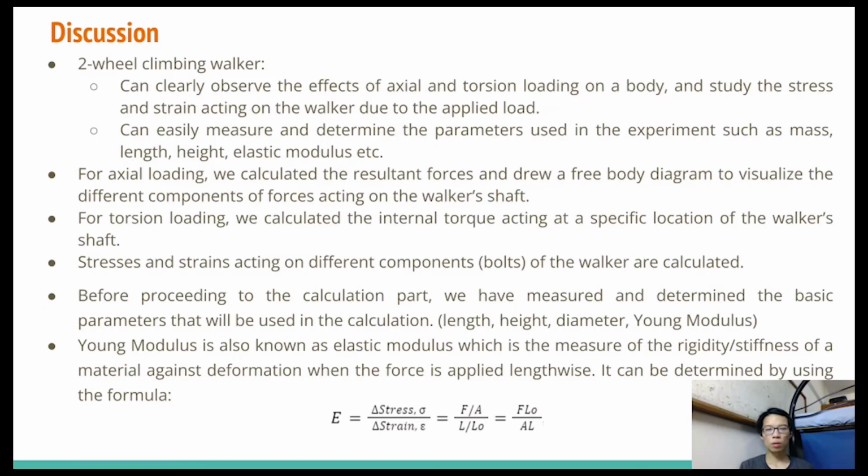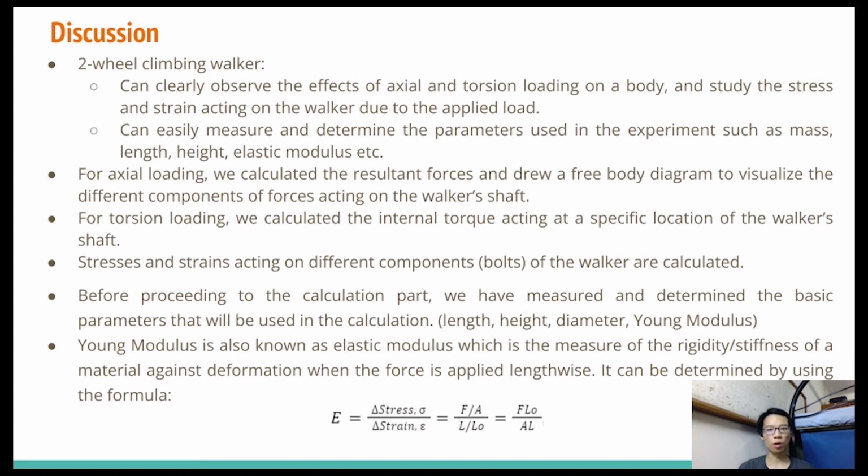Thank you. Our group has chosen the two-wheel climbing walker as the biomedical device in this assignment. It is because we can clearly observe the effects of axial and torsion loading on the body and study the stress and strain acting on the walker due to the applied load. We can also easily measure and determine the parameters used in the experiment, such as mass, length, height, elastic modulus,